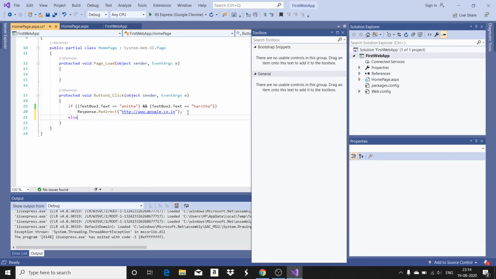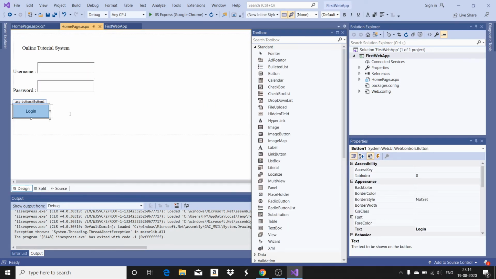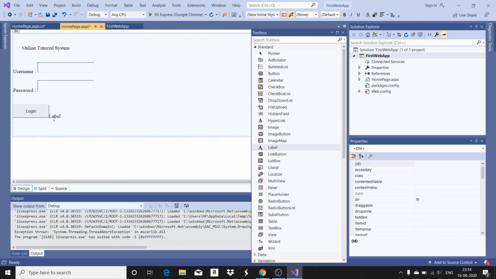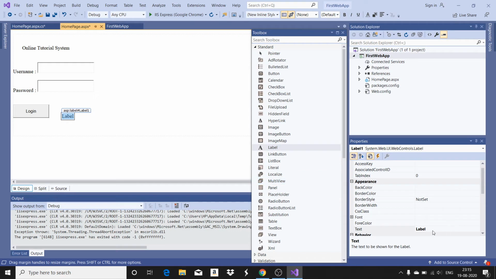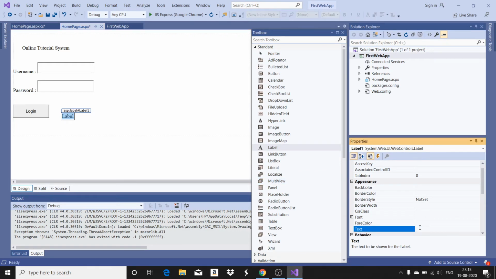Else what I'm going to do, I want to display something. Generally you will have the invalid username and password message appearing somewhere like this. So add a label for that. Initially when you load the page, I will not be having any text for the label.